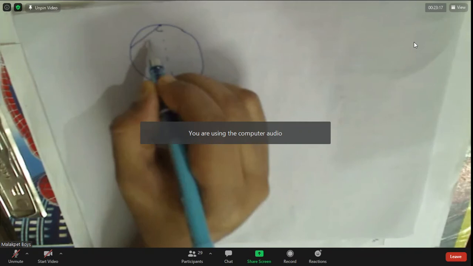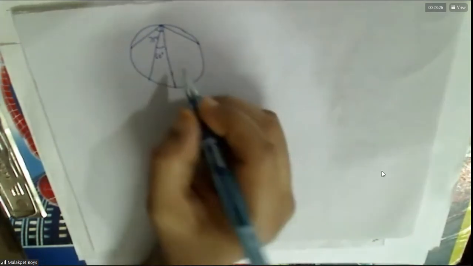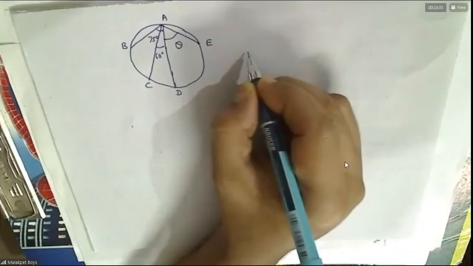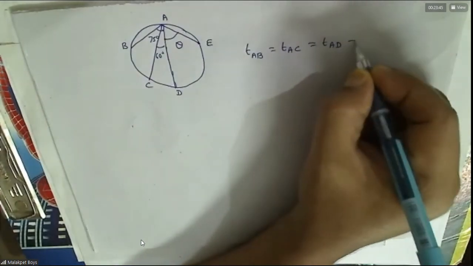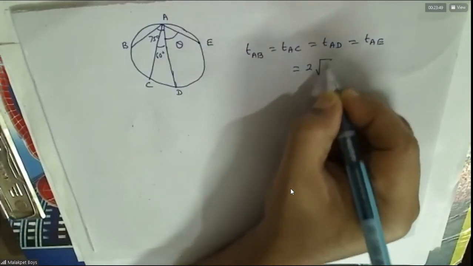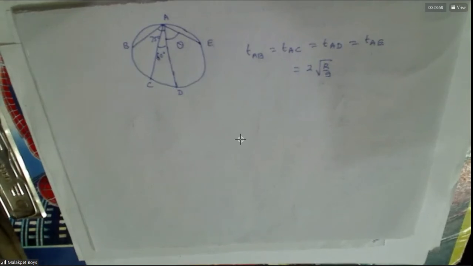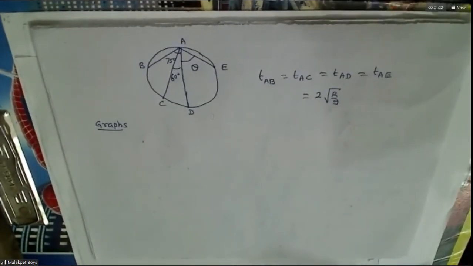Whether the ball is released at 75 degrees or 60 degrees or this path or any angle, whatever it is, the time taken to travel from A to B or A to C or A to D or A to E is the same, whatever the angle, because you proved that previously. Agreed or not? Then you have graphs.